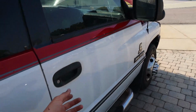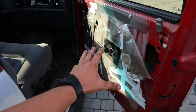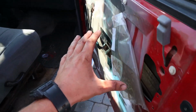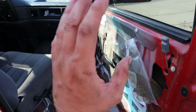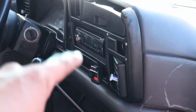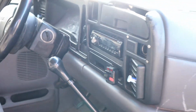Coming over to the passenger side, as you guys may have seen when I opened up the thing, I do have this door card. It is actually sitting right there. Reason being that this is off. Actually, the day I bought it on the way home, I stopped at Walmart to get one of these Bluetooth transmitters. These things come in super clutch. If you have any radio that doesn't have Bluetooth, basically this thing hooks to an empty station and then Bluetooths